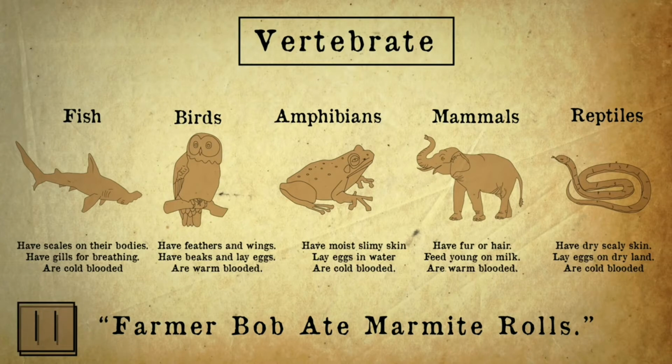Pause the video and have a look at what the difference is for each of these 5 common vertebrate classes. Sometimes people aren't too sure whether something is a reptile or an amphibian. Reptiles have scaly skin, breathe air, and usually live on land, except for turtles. Amphibians live double lives. They start in the water and breathe with gills, and as they grow older, they develop